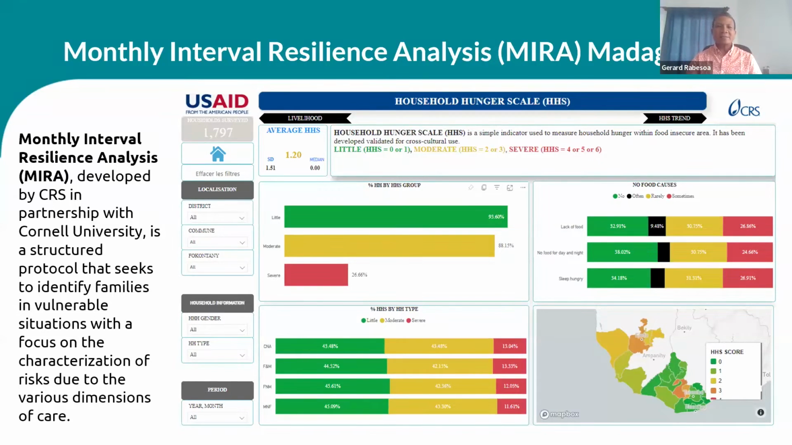As Kara said, MIRA, or monthly interval resilience analysis, plays a critical role in HDP Coherence data sharing. Household hunger scale is one of the information that we shared periodically. Details about little, moderate, and severe household hunger scale. And it shows different aspects of household hunger scale, different location, different household type, and different categories of population in